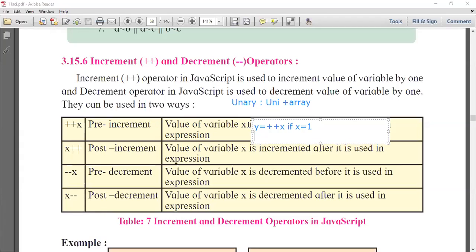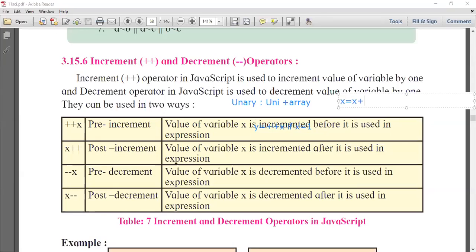But before that, you must know increment and decrement. What is the meaning of increment and decrement? The meaning of increment and decrement is increment by 1 or decrement by 1. The increment operator is used to increment a given number by 1 and the decrement operator is used to decrement a given number by 1. It means you can say that increment means x is equal to x plus 1. Why?